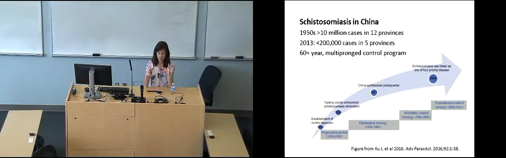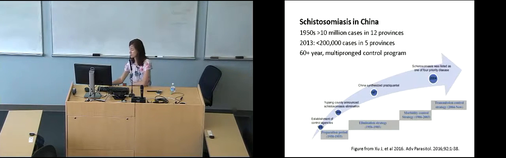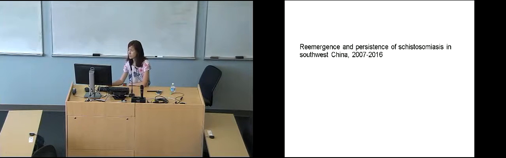Schistosomiasis in China is unique in many ways because of this sustained control program. There's an enormous public health infrastructure devoted to schistosomiasis control, which is not true in other parts of the world. And it's a very multidisciplinary control strategy. But many people have their eyes on whether or not China can achieve elimination, because obviously this has implications for elsewhere. So I want to talk a little bit about our evidence for the persistence of schistosomiasis in Southwest China